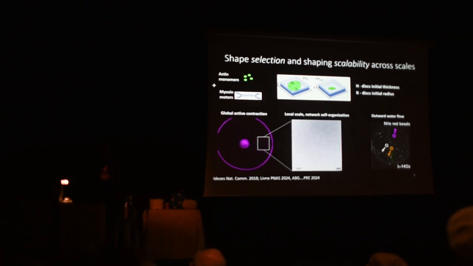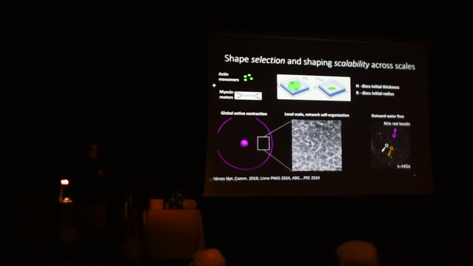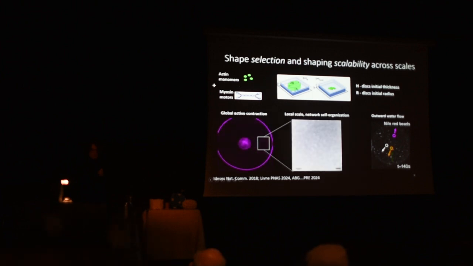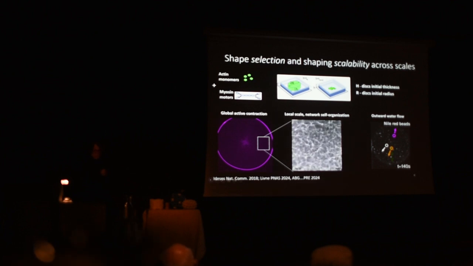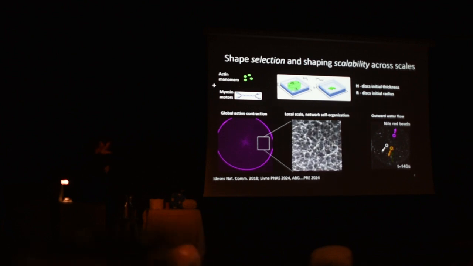If you look at this movie here, what you see is a drop of solution where you put only monomers in the presence of these small motors. We can have a known dimension of these drops, a known thickness, and we put everything together in a mixture. We let the system start to polymerize and cross-link and form the network. And the question is whether a simple drop of solution, where the only thing that we control is the initial size, diameter and thickness,